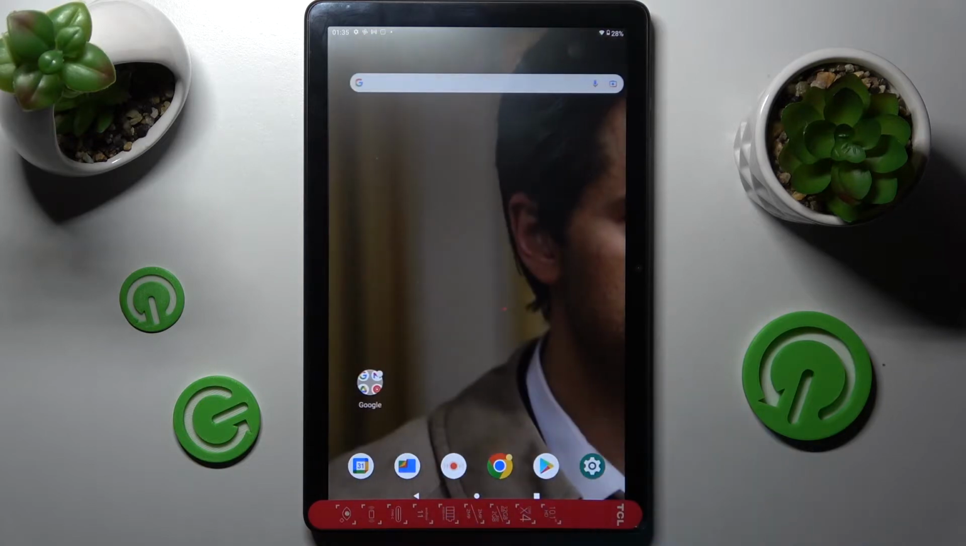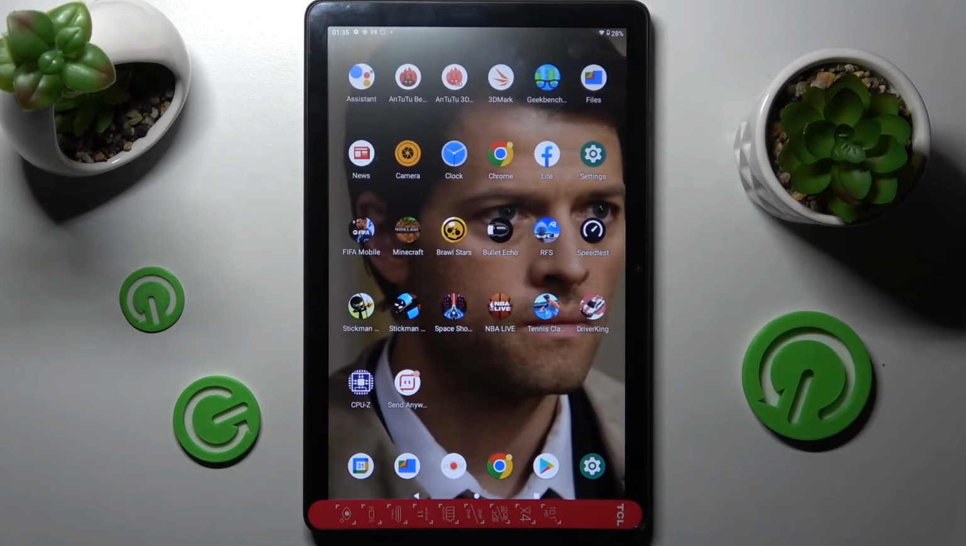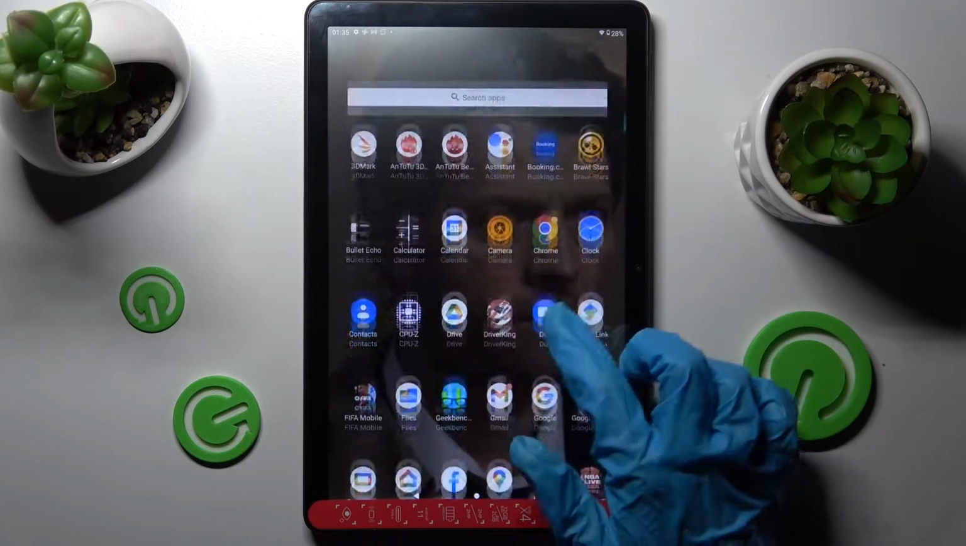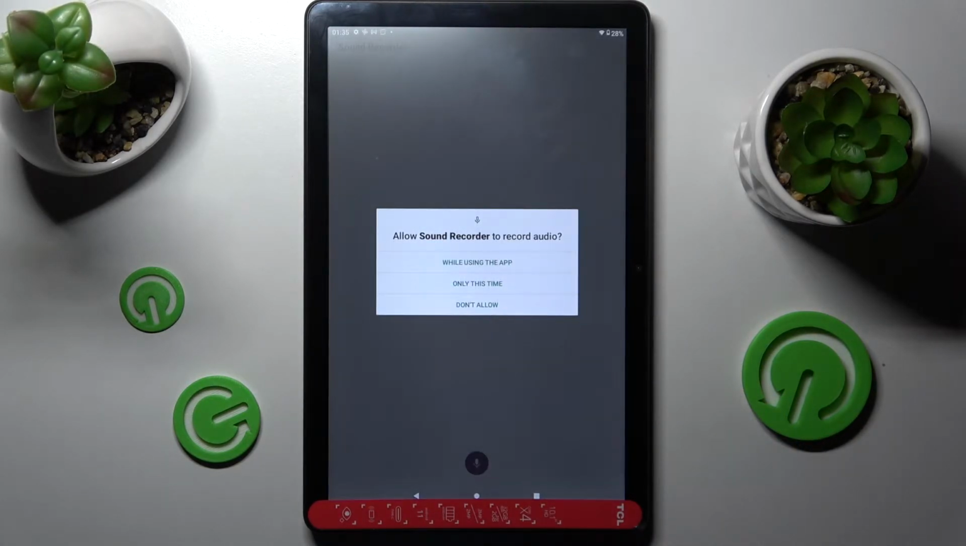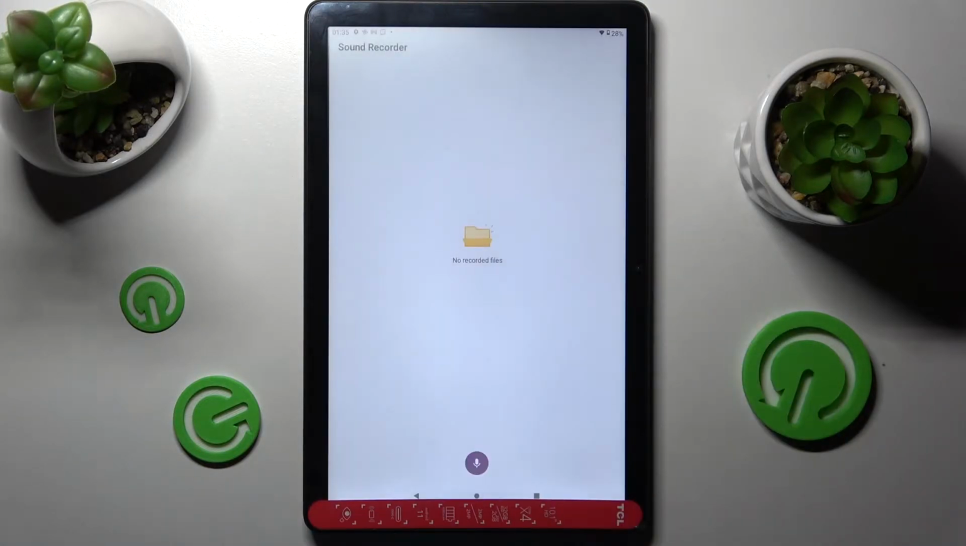Unfortunately, this app does not auto-rotate, so you have to use your tablet in vertical position. First of all, you need to access your app from menu. Then select Allow, and while using the app in all of the pop-ups, and click on this purple mic button